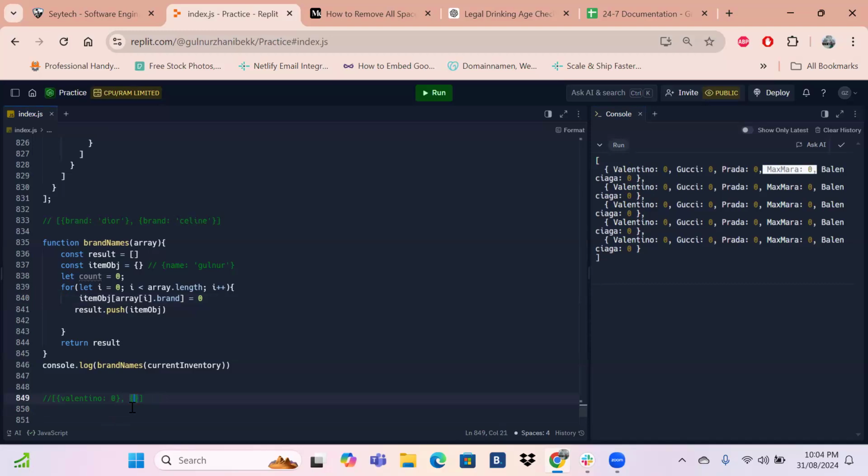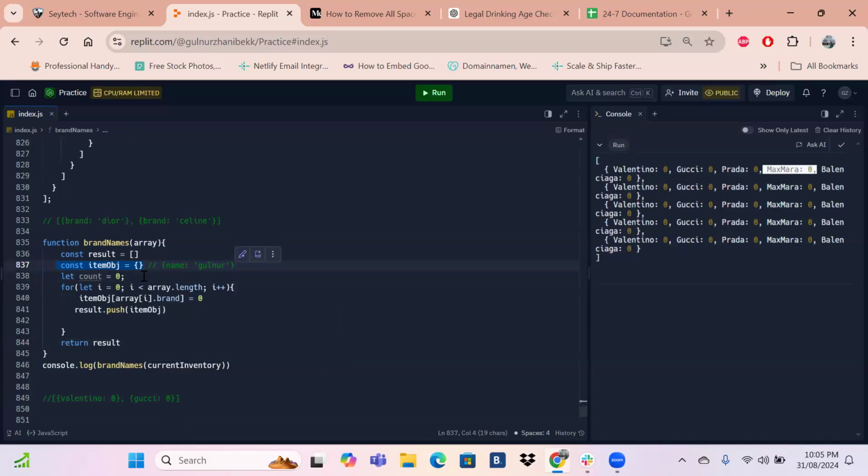Well, I don't know. In my case, it doesn't show like this because I used the for...of loop, maybe. No, that's not the issue. But in my case, it doesn't show like this. I don't know why. Is it exactly the same? Yeah, but I just used the for...of loop, not this one. So the issue here is that objects are mutable,